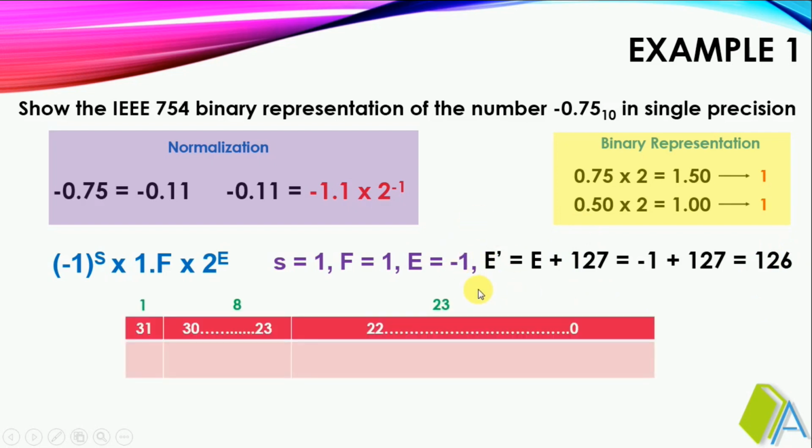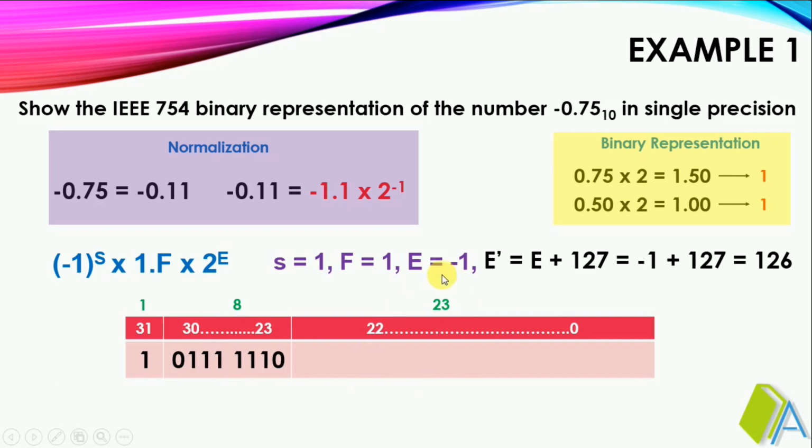This is the format for representing the obtained normalized binary number in single precision format. The 31st bit is my sign bit. Here the sign bit is 1. The biased exponent is 126, and it has to be represented in binary. While representing the biased exponent 126, we need 7 bits, but the biased exponent field has to be filled with 8 bits. So we extend the 7 bits to 8 bits by appending a logic 0 at the MSB.